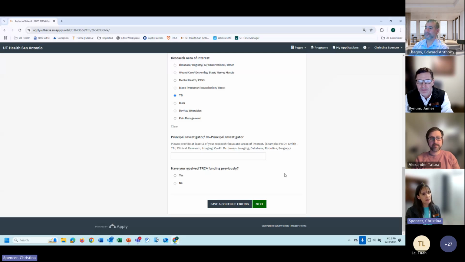Co-PI Dr. Jones is interested in imaging, database, and robotics surgery. This helps us match people up if they want to collaborate and work on projects together. Knowing this information about you will help us make those matches going forward. And then